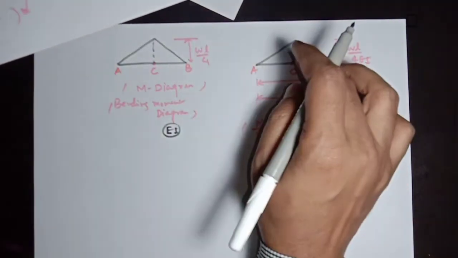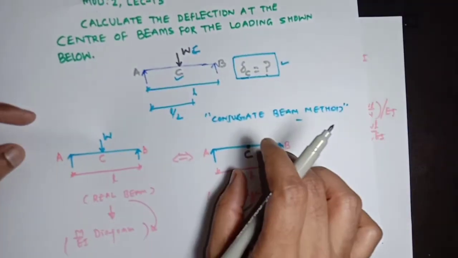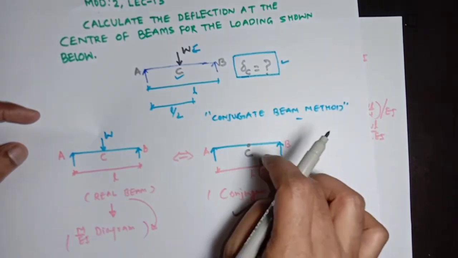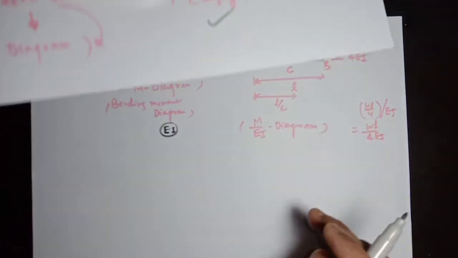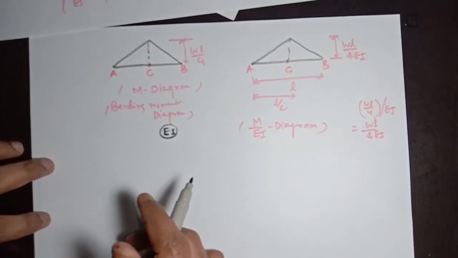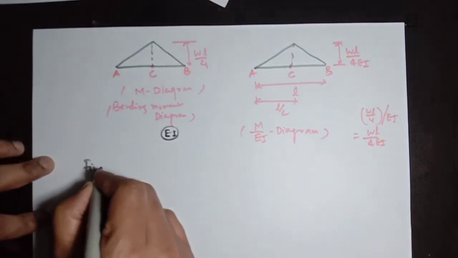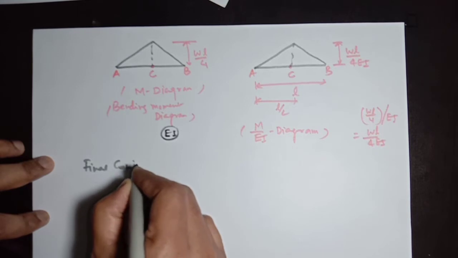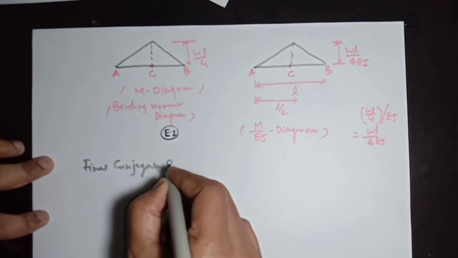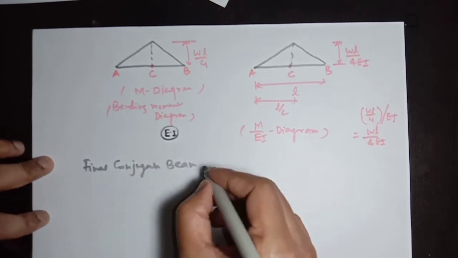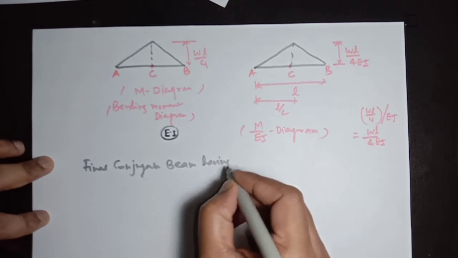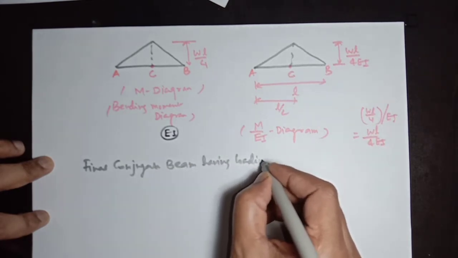Now that I have done with the M over EI diagram, it will be directly put on this conjugate beam to make its loading diagram. So the final conjugate beam loading diagram will be